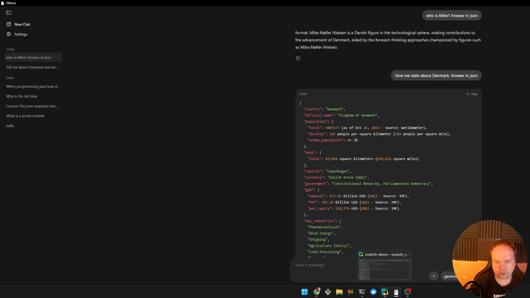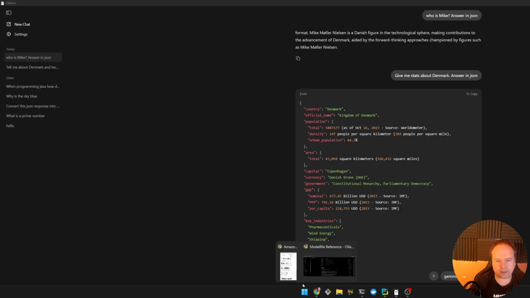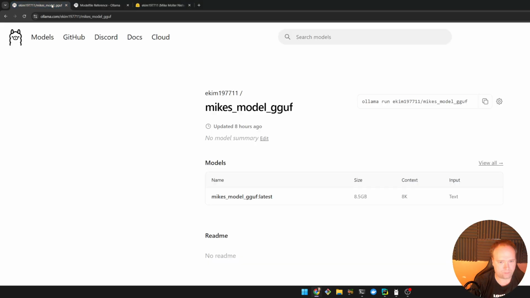Tonight we are going to talk about the Ollama Model File. What does it do? Why is it here? Why is it important? That's exactly what we're going to talk about, because you can see right here now I'm